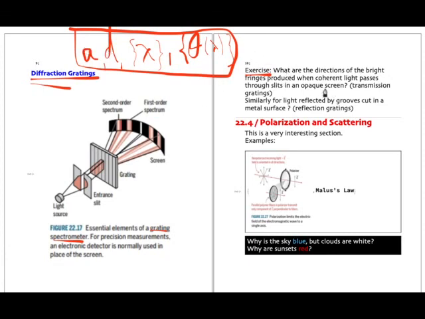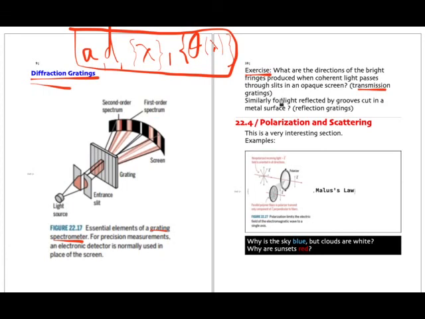Now that's an example of what's called a transmission grating. The light goes through the grating. You know, the grating is a piece of metal. Normally light doesn't go through a metal, but it's got these thin slits cut out with a razor blade. So now the light can go through the metal, and you get on this side a diffraction pattern. That's called a transmission grating because the light goes through the